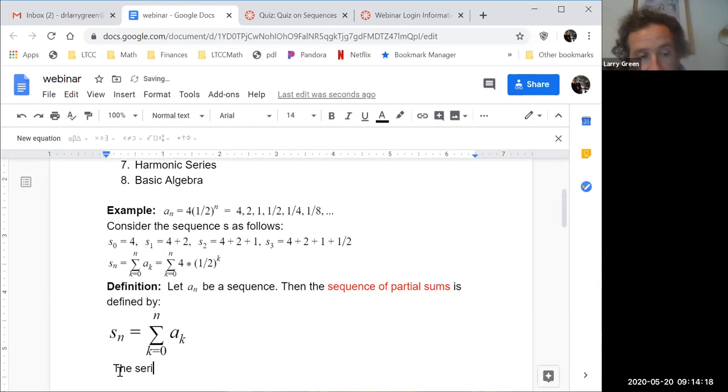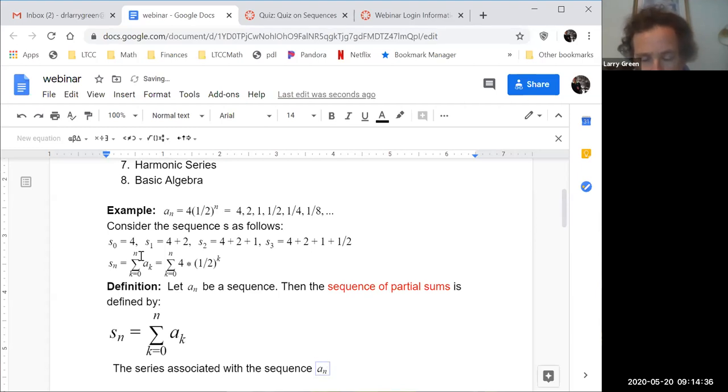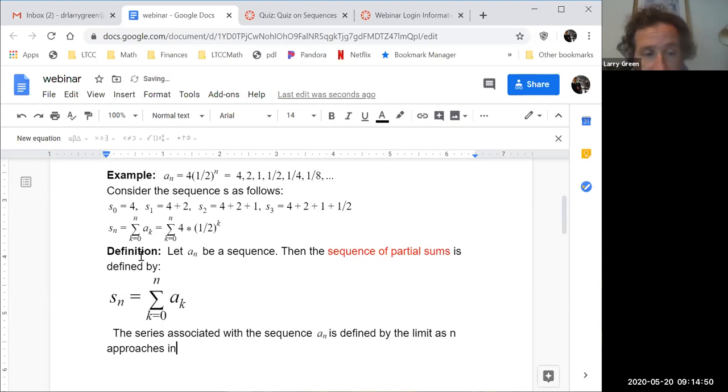The series associated with the sequence a sub n is defined by the limit as n approaches infinity of the sequence of partial sums. It is denoted by